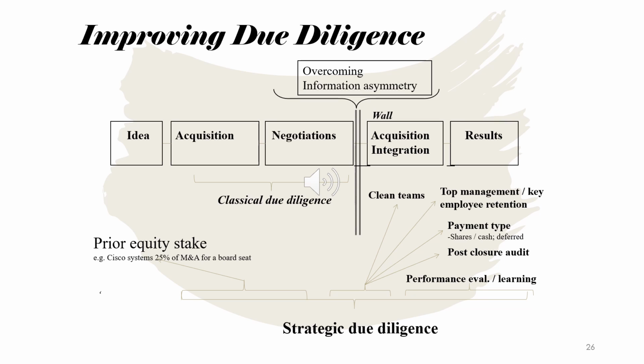Now, there's an argument for saying that due diligence should have a broader scope. I don't mean across different functional areas like operations, management and culture, but I mean a broader scope in terms of time, coming in slightly earlier into the process and also extending into the post-acquisition phase. So at the bottom of the picture, we have our strategic due diligence, and one possible thing you can do earlier in the process of getting into acquisition is to take a prior equity stake.